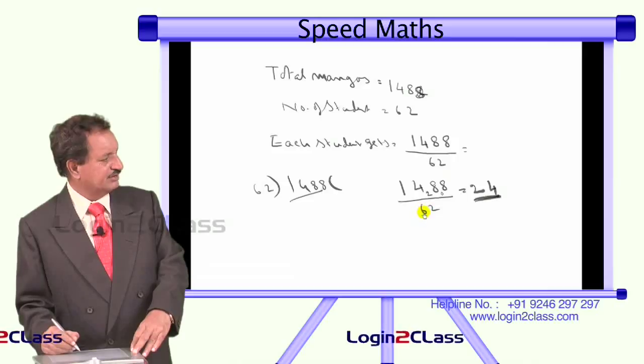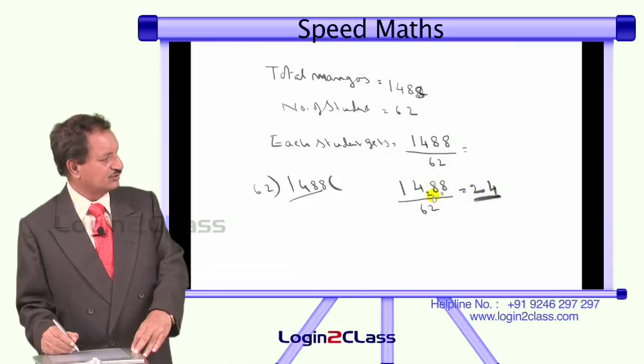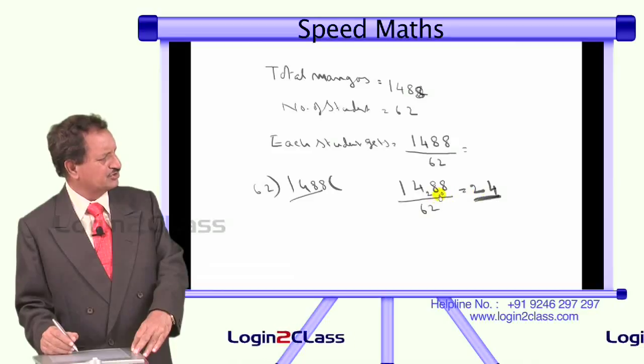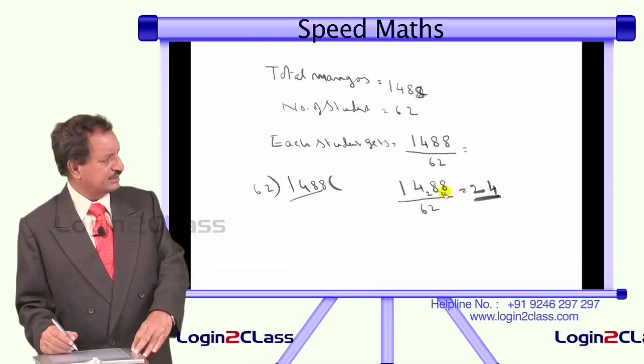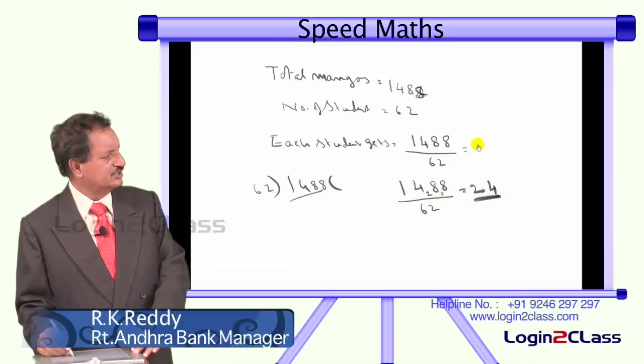See again. Divide with 6. 6 2s 12. Remainder 2. Multiply this quotient and second number 2, 2 2s 4 and subtract, 28 minus 4, 24. Divide with 6. 24 by 6 is 6 4s 24. Remainder 0. You put the remainder here. 0 even if you put or not doesn't matter. Here 4 2s 8. 8 minus 8, multiply and subtract, and the last number is remainder as I told you. 4 2s 8. 8 minus 8 is 0. 0 by 62 is 0. So each student will get 24 mangoes.